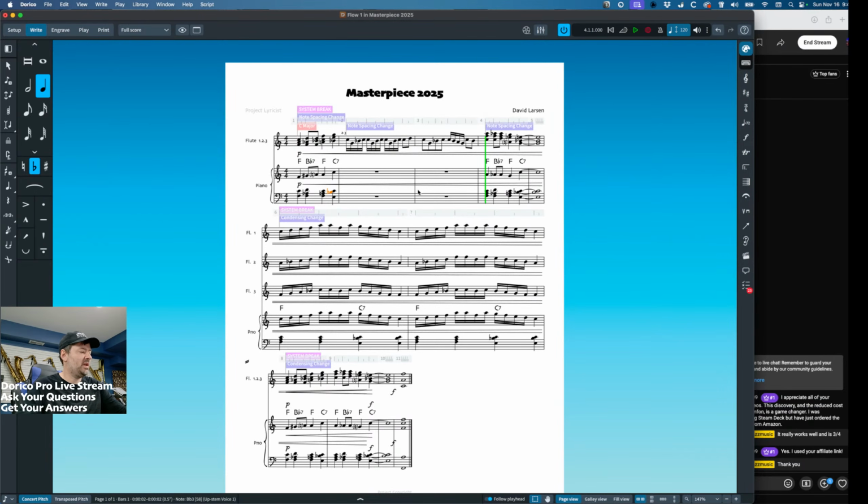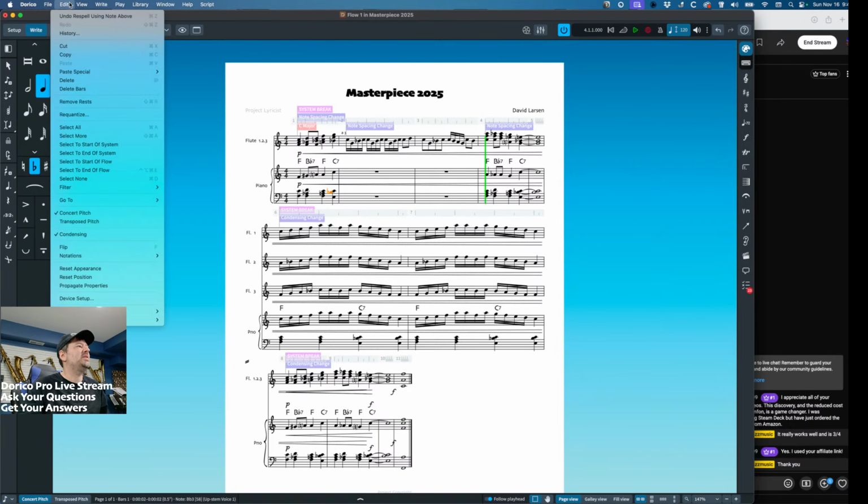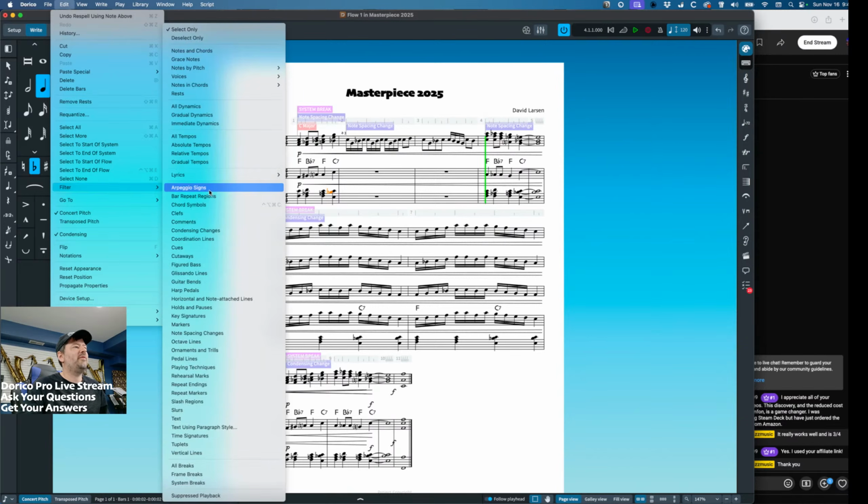And then I have this one here that has all those same features, but I programmed in that highlight dynamics. And then we have this new one that I was working on, where I programmed the top note. One of the things I know I'm going to be putting in here a lot is all of these filter commands, because in Dorico I find it really a pain to have to go in and do all of these filters and grab all my breaks and all my frame breaks. Why in the world would I have all these hotkeys memorized and have to use all these jump commands, filter, ornaments and trills, or markers or key signatures? I mean,